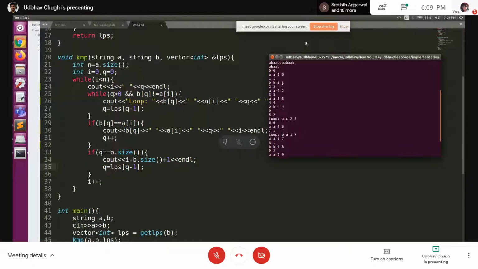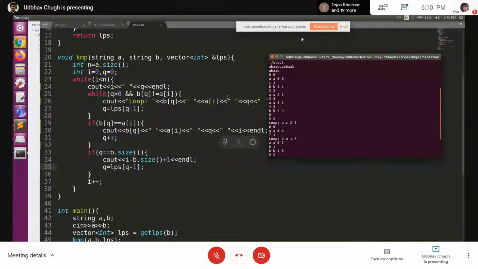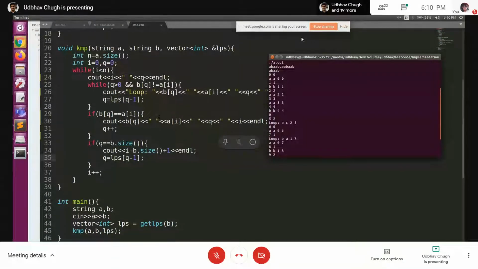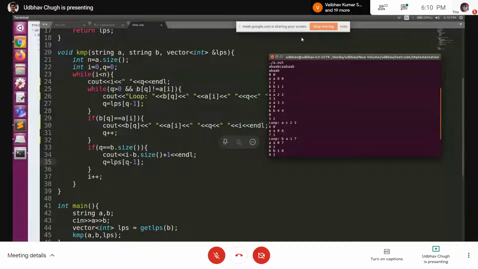So now since we see that A and C are not equal, we enter this particular loop, and it's similar to what I told here. We keep on moving to the LPS value of the previous index. So accordingly, we see that when we come here, Q becomes 0 after one iteration only, and we just move out of the loop.